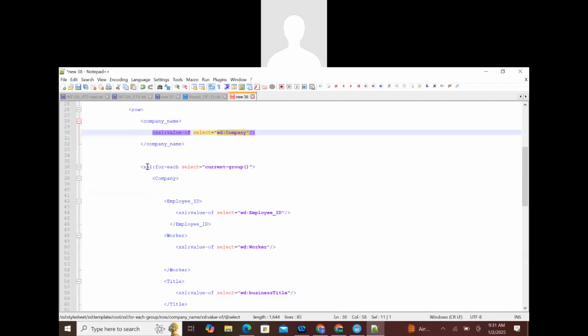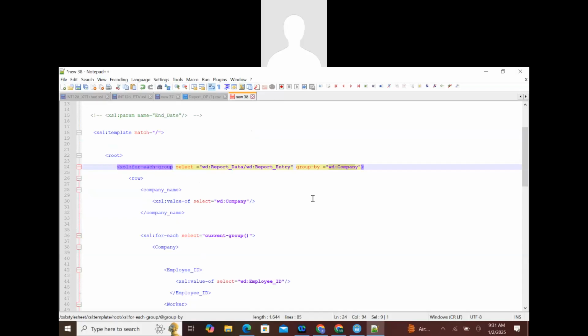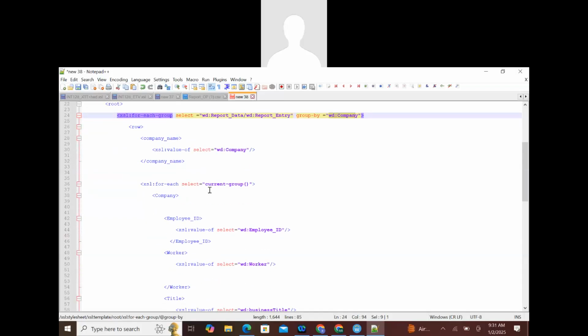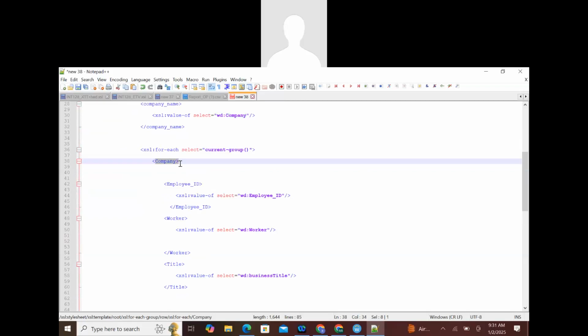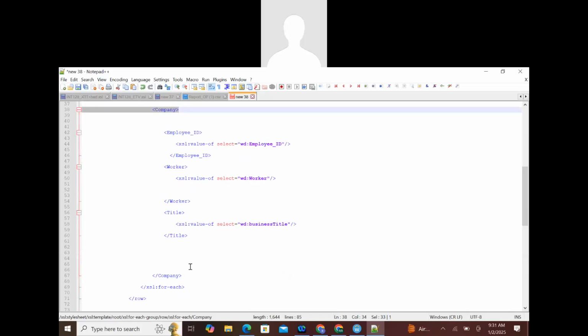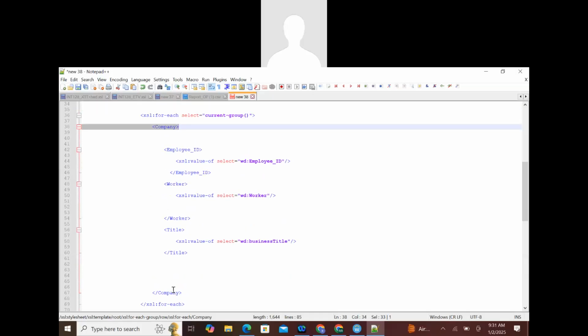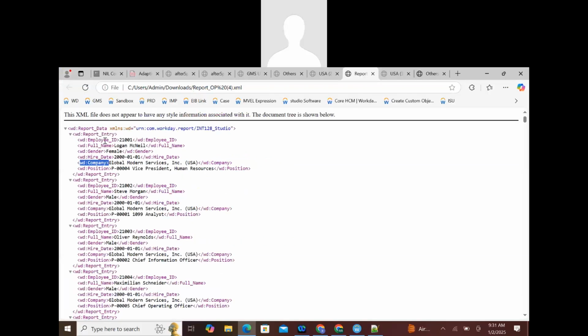For each, I'm selecting the current group. Current group is one type of function, guys. Current group is a function, which means it consists of the company group. Company group, and each company. So we are taking a company tag. Inside the company tag, it will print all the records, guys. All the records like employee ID, worker, or if you have a business title, it will print the business title. Otherwise, what we have is employee ID, full name,